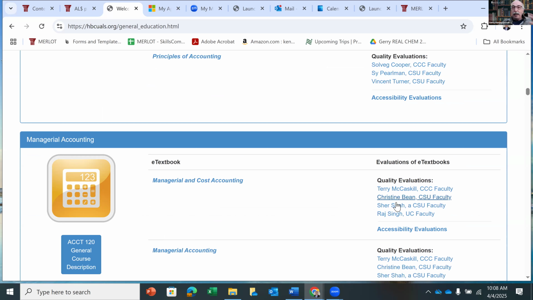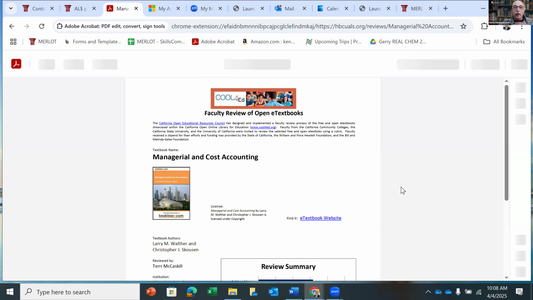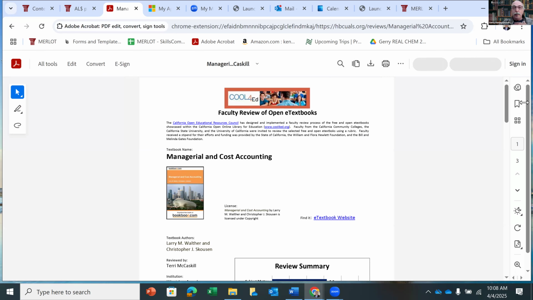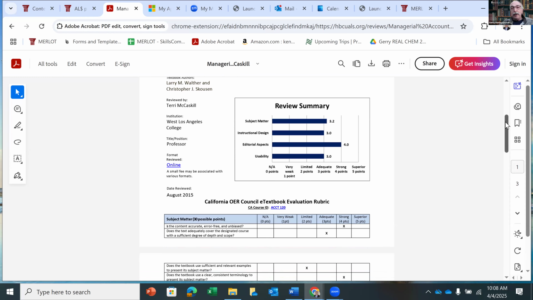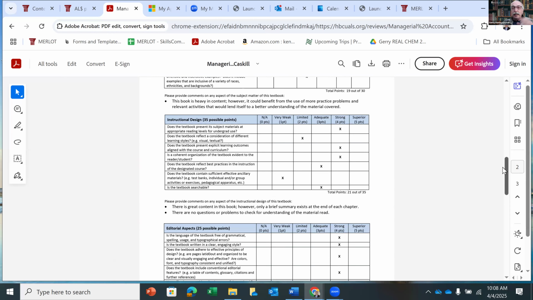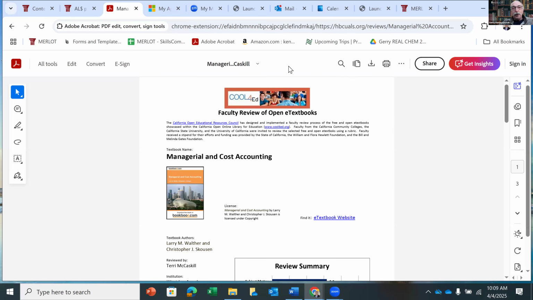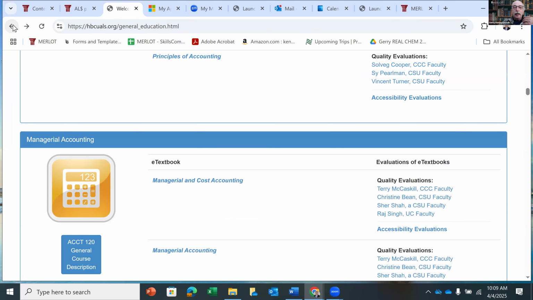If you want managerial accounting, here's someone in one of our community colleges who provided a summary. They give ratings and so on, just to help you find materials that are aligned with the way you teach.